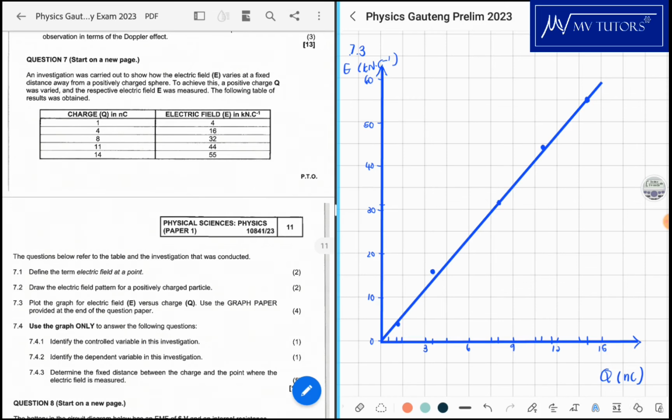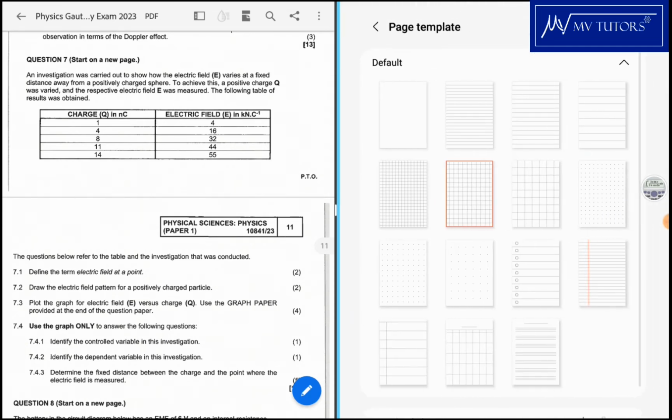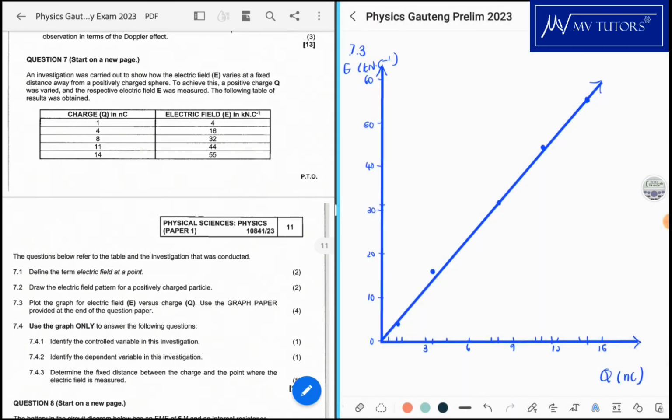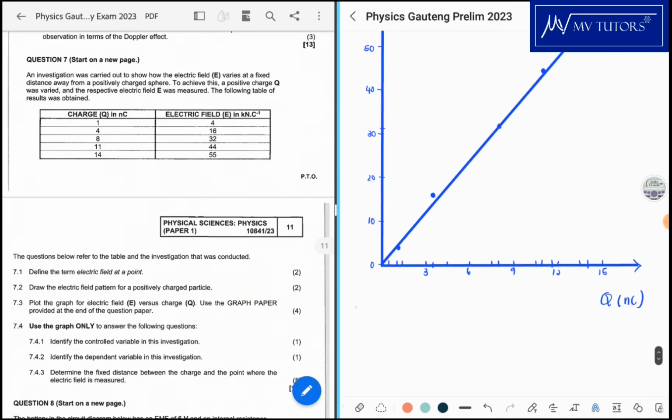Alright, so that is our graph. We've drawn it. And then now it says, let's just remove all of these lines. That was just for drawing purposes. Okay, now 7.4.1. It says,